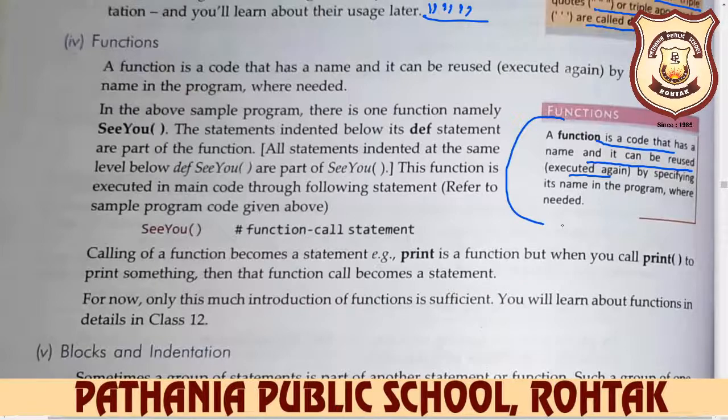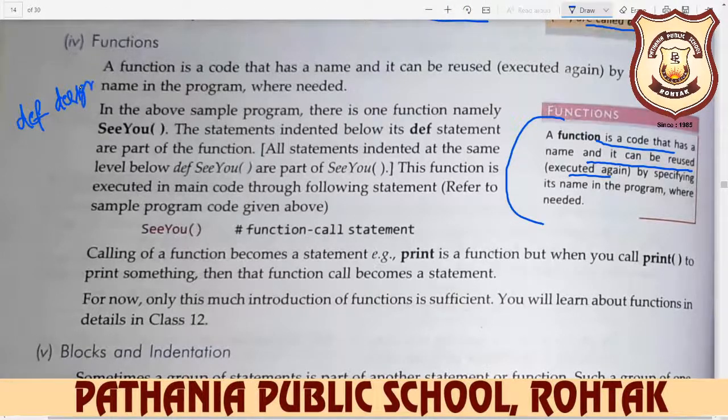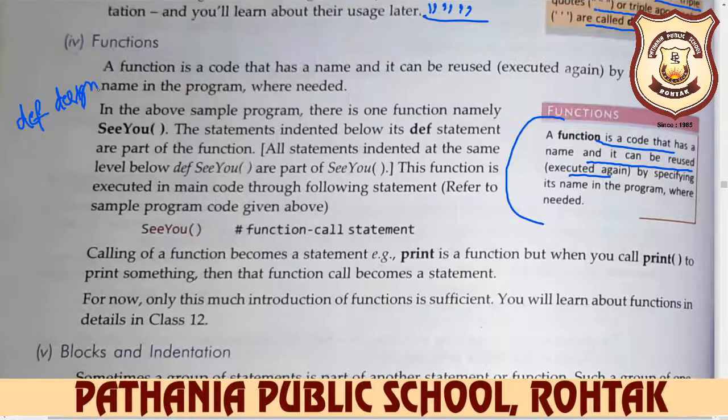For example, we take any program. In a program, we use the function, like we use a define function. When we need, for example, we write def, we want to create a function, so we define, and here we write down design. Design is the name of my function and def is the declaration of the function. This is the keyword and this is the name of the function. Name of the function, any name that you want.